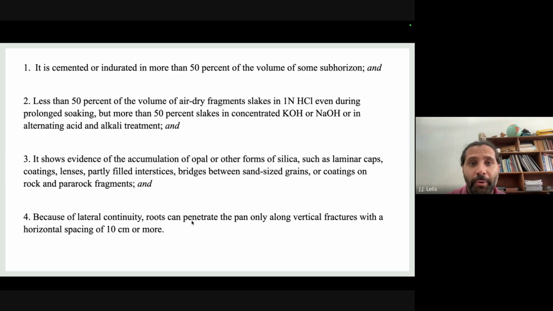So let's say the most important characteristic of this specific horizon is point 2, that this material is not dissolved by acid, but is quite dissolved by neutral or alkaline solutions. Okay,